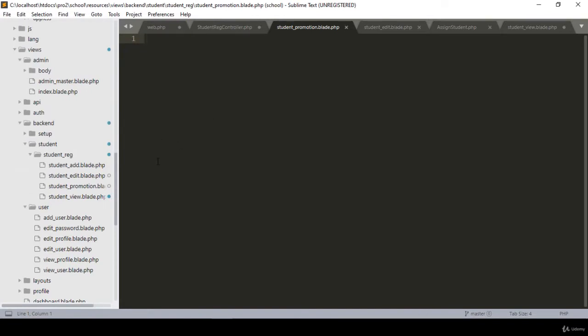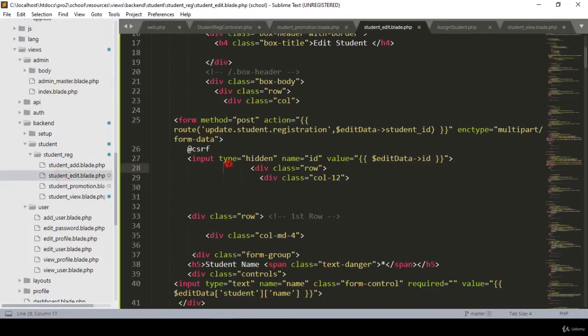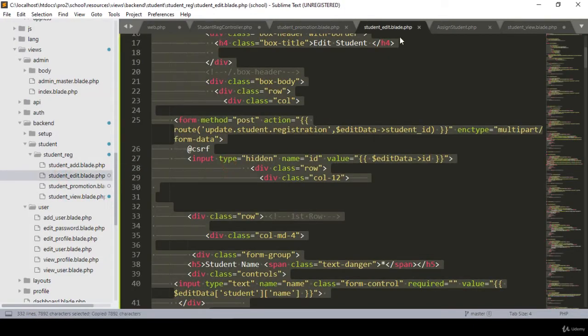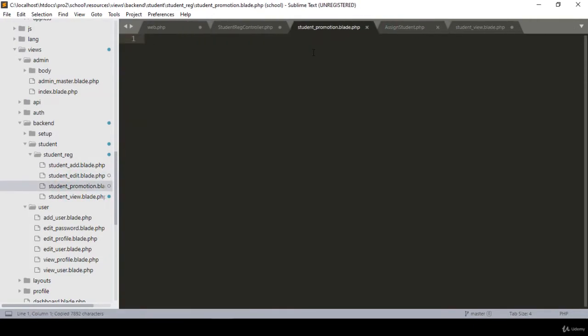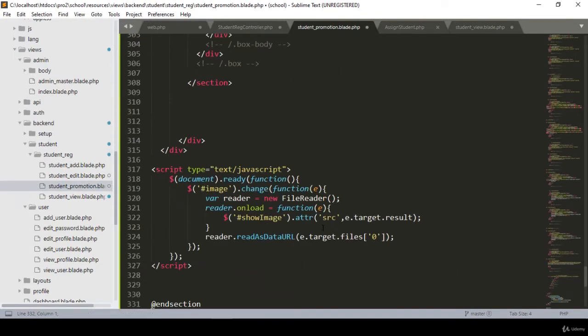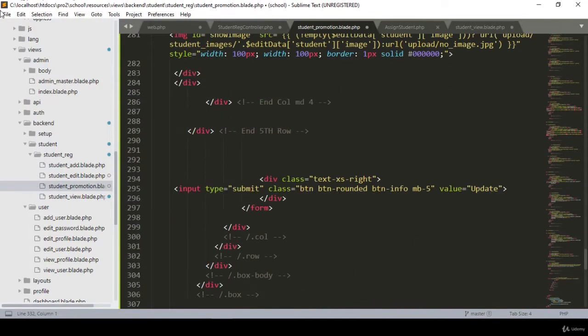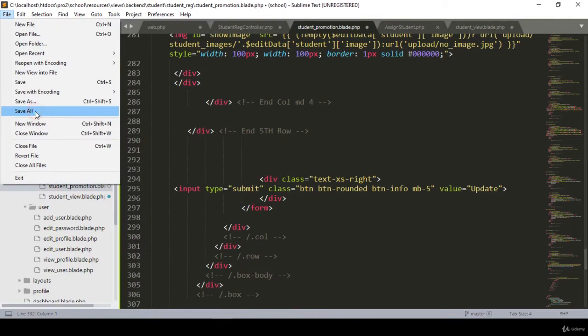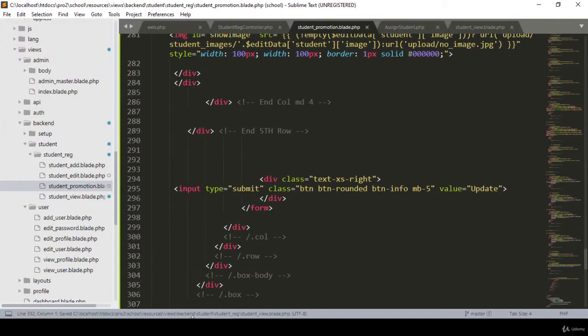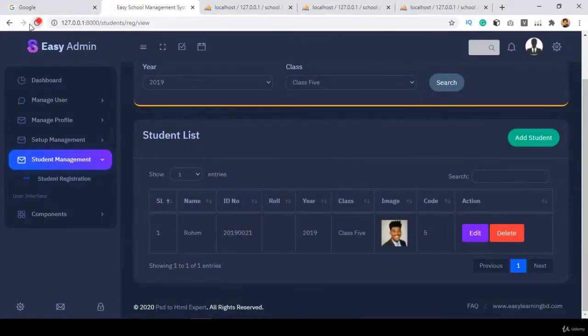So this page will be just like our edit page. That means if we go to our student edit, better I copy everything from here to this position, and then in our student promotion I paste it. Okay, so it should be just the same. Here we only have to insert this data again. I click Save All, and now if you refresh it,